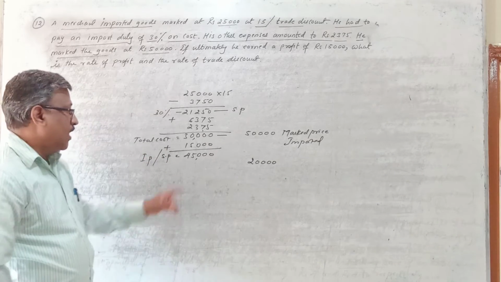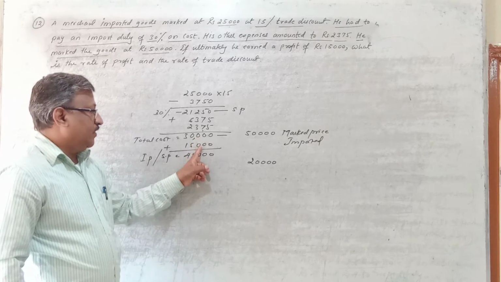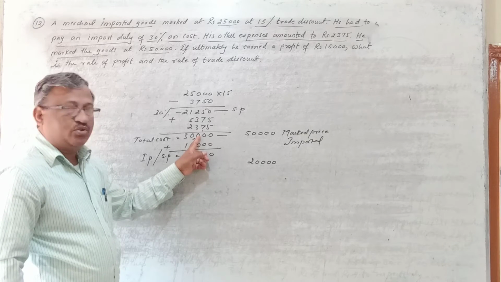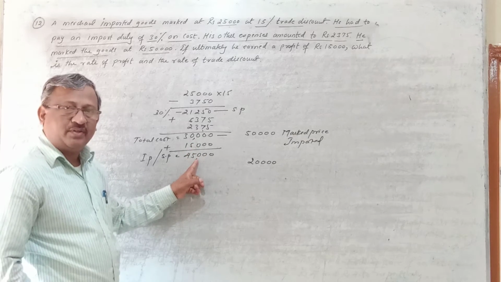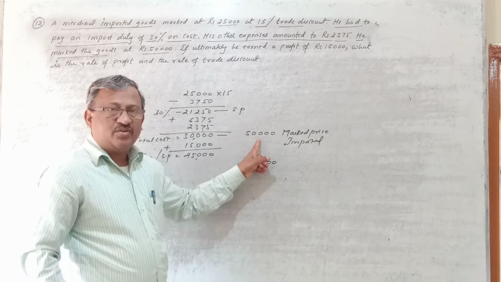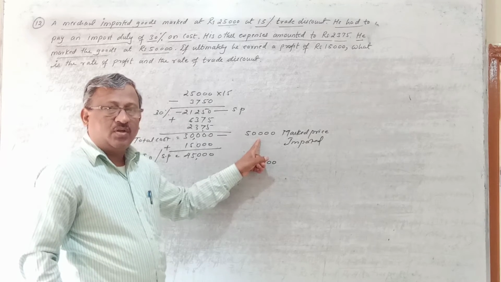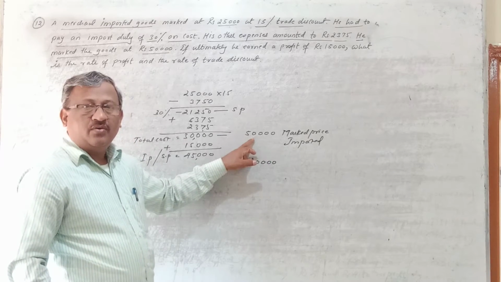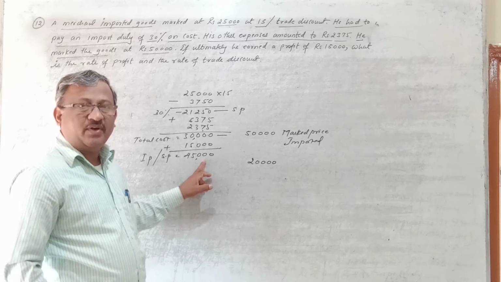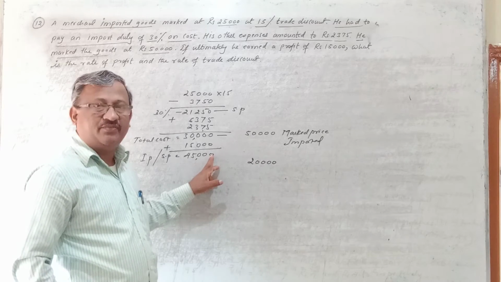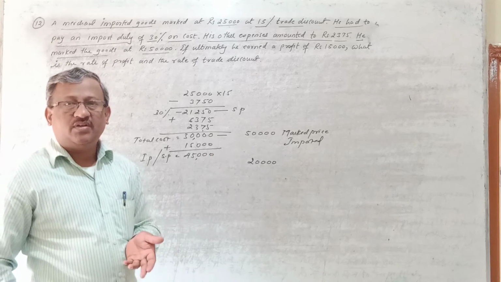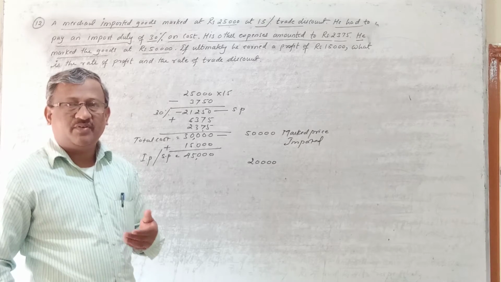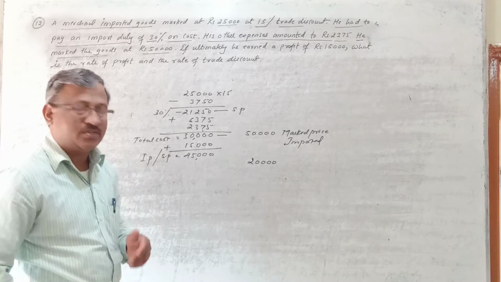Invoice price. Means he has got 15,000 rupees profit, means 30,000 rupees goods he has sold for how much? 45,000. He has fixed the price of his goods at 50,000, no doubt. But he is not selling for 50,000, he is selling for how much? 45,000. That means whatever difference is there, 5,000 rupees, is nothing but discount. He is giving 5,000 rupees in form of discount.